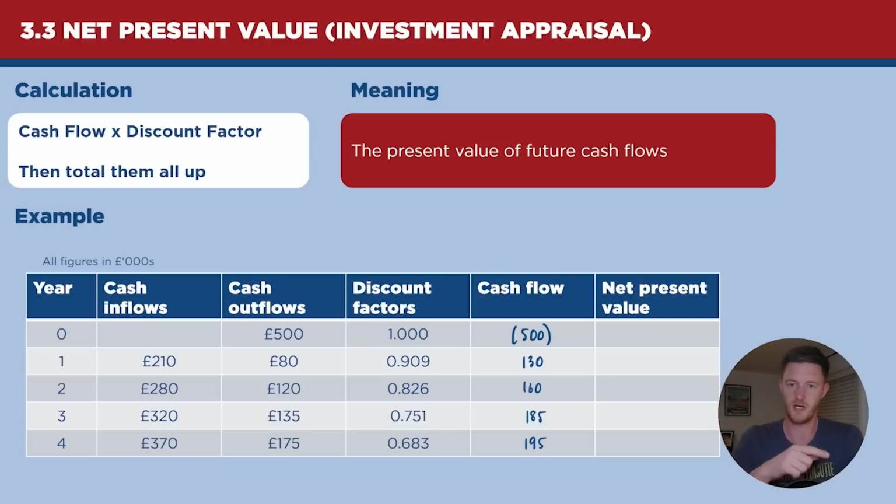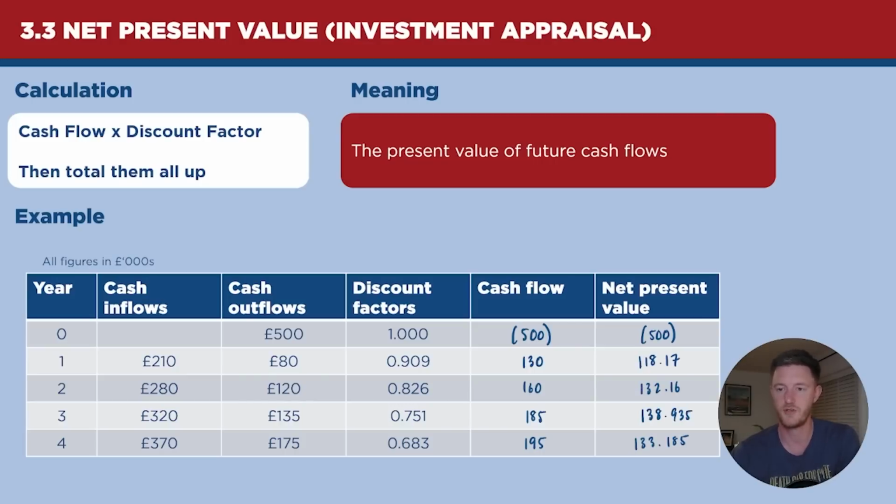So what we're going to do is discount any future cash flows at a rate. And in this situation, we're using a 10% discount rate. And the discount factors would always be given to you. You don't need to memorize those. But in the examples we're going to look at, they're all the same. So all you do is cash flow times the discount factor to get your net present value. So negative 500 times 1 is negative 500. 130 times 0.909 is 118.17. The year 2 is 132.16,